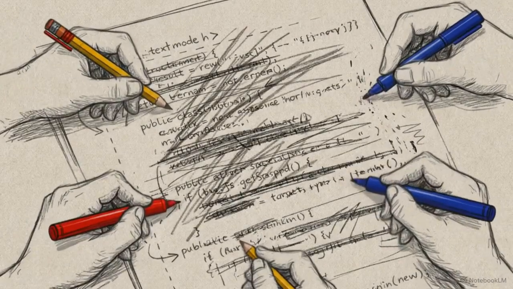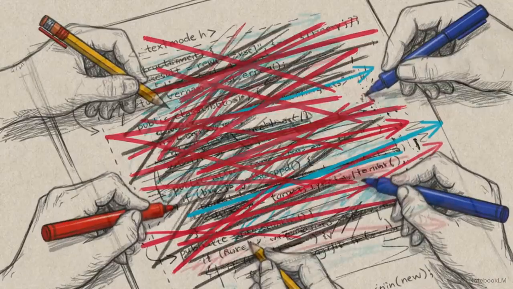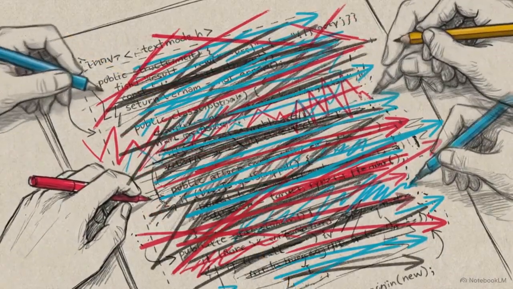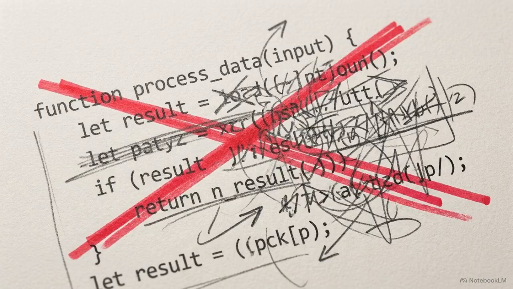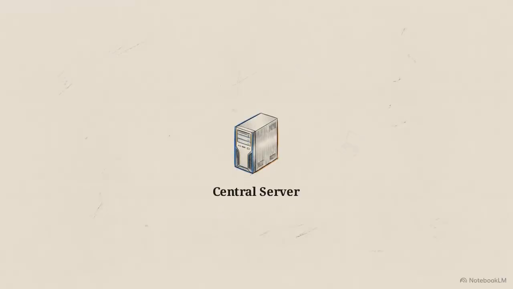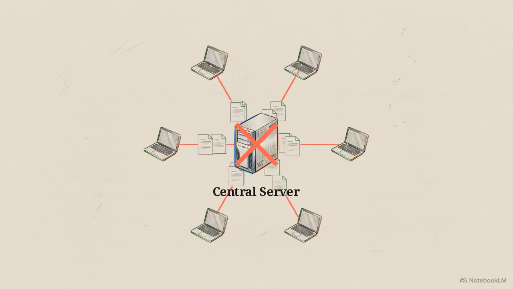Scaling a software project introduces a core conflict: uncoordinated concurrent changes. When multiple developers edit the same files at the same time, work is inevitably overwritten, historical context is lost, and critical bugs become untraceable. Early version control systems attempted to fix this with a centralized model. While this created a single source of truth, it also created a single point of failure and a significant development